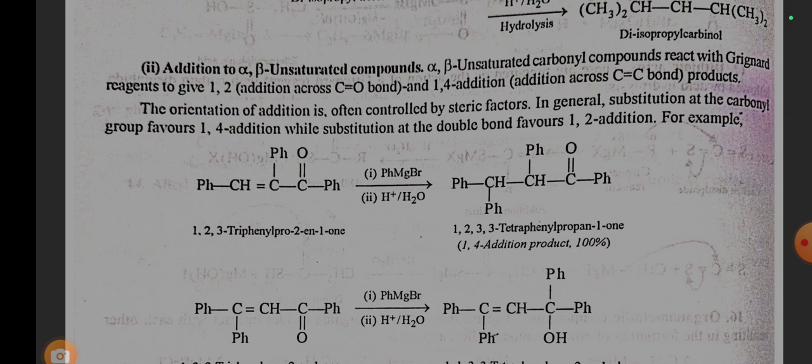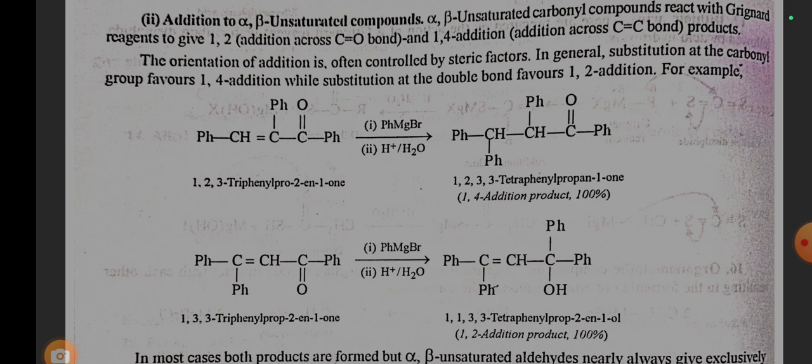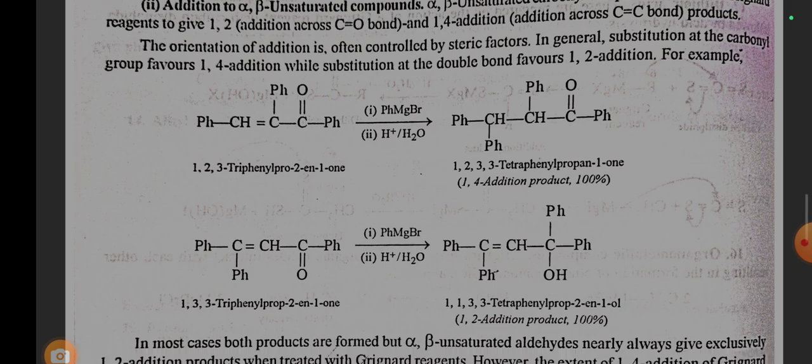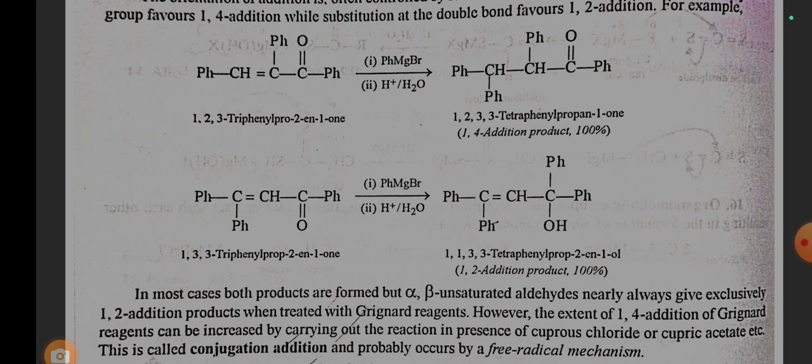Number 2. Addition to alpha-beta unsaturated compounds. Alpha-beta unsaturated carbonyl compounds react with Grignard reagents to give 1,2 and 1,4 addition products. The orientation of addition is often controlled by steric factors. In general, substitution at the carbonyl group favors 1,4 addition while substitution at the double bond favors 1,2 addition. For example, 1,2,3-triphenylprop-2-en-1-one gives 1,2,3,3-tetraphenylpropan-1-one on hydrolysis in presence of